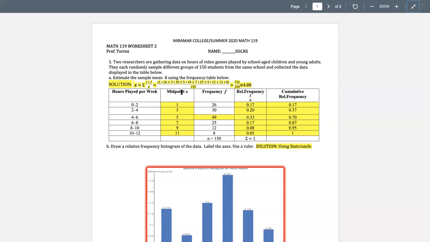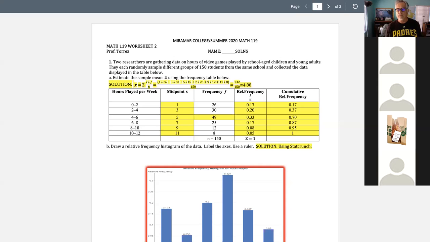And what we'll do is estimate the sample mean of this frequency table using the midpoint, the frequency column, and the sample size n. And first what I'll do is give you a formula, and then I'll explain why the formula is a good estimate. Okay, so here's our formula,